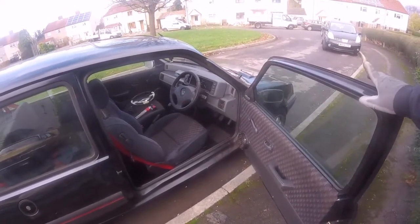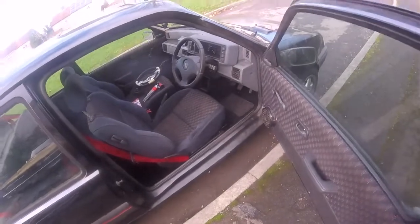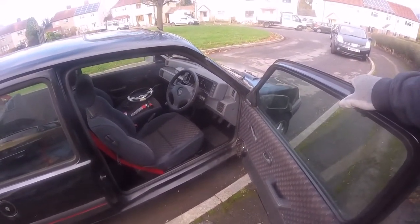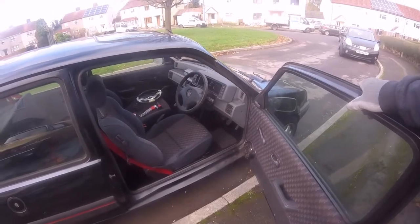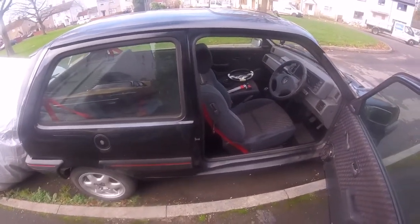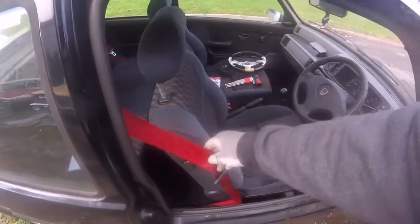We got the centralised locking working on the key, but I haven't got it working on the key fob. I put new batteries in it, but it doesn't work. There's an aftermarket stupid alarm system on it, which needs all coming out because it don't work. The car was off the road for quite a few years before it was MOT'd. It failed on quite a lot, so the guy got it all done. Like, I mean, it's got all these like lovely red seat belts in it, which look really cool,